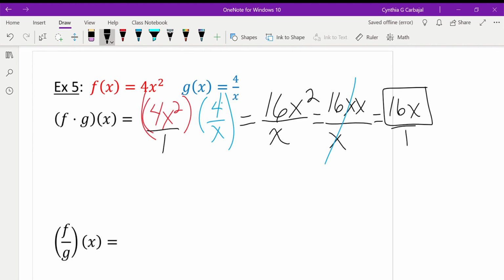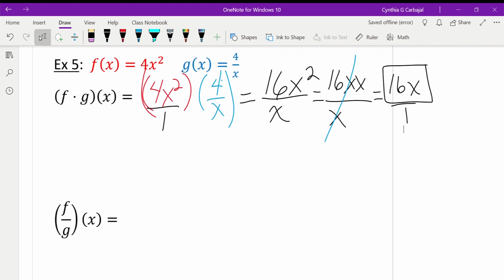And this next one is going to be the same thing, so careful with these fractions. We have our division sign. We have our f of x on top, so 4x squared, and our 4 over x, which is our g of x, on the bottom. But we cannot divide by a fraction like this. So we're going to have to rewrite it. And if you remember